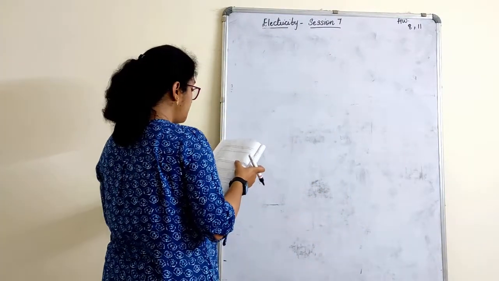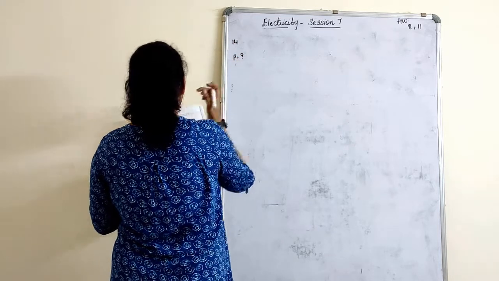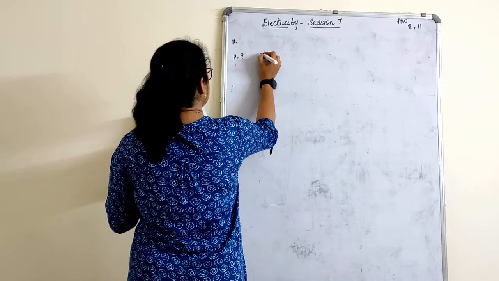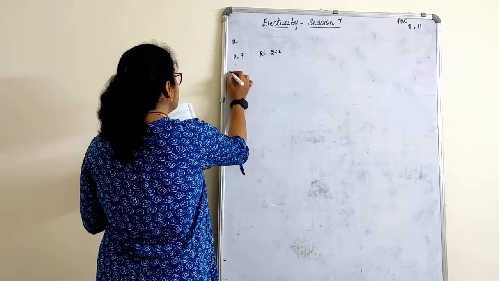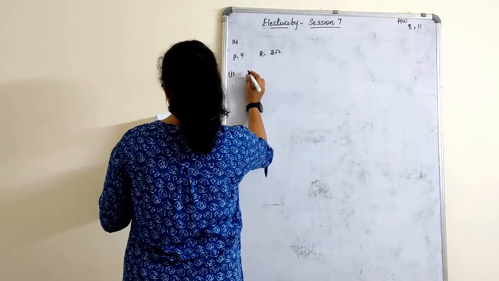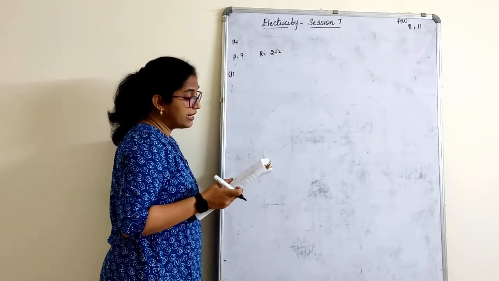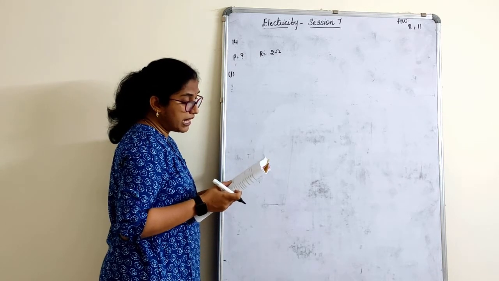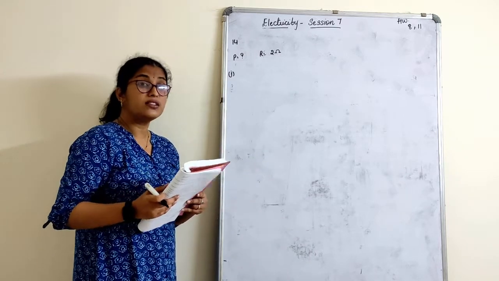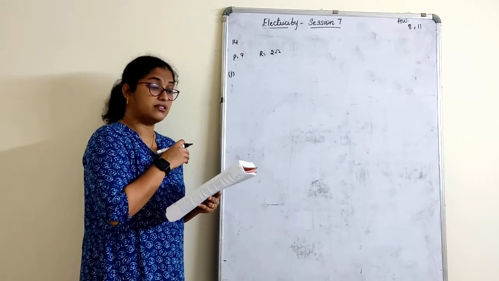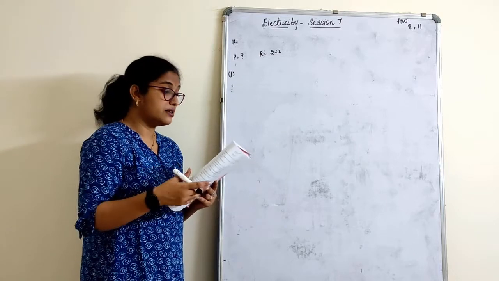Compare the power used in a 2 ohm resistor in the following circuits. In the first one, there is a 6 volt battery in series with a 1 ohm and a 2 ohm resistor, and the second part is a 4 volt battery in parallel with a 12 ohm and a 2 ohm resistor. That means there is a 2 ohm resistor. With this 2 ohm resistor, I am connecting another resistor, the first time in series, and I am also connecting this 2 ohm resistor with another resistor in parallel.